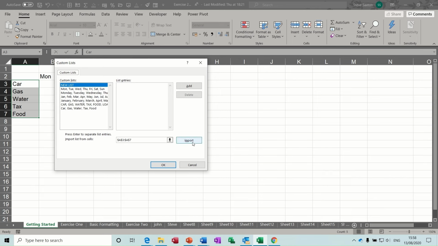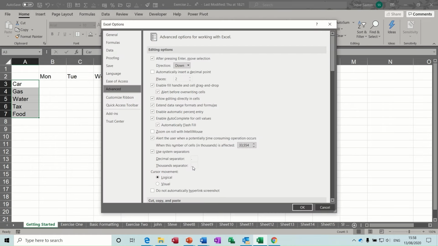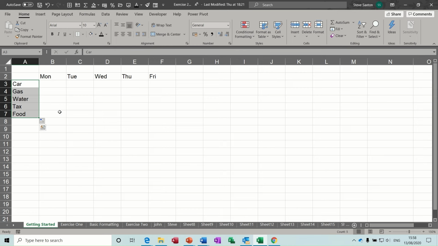I can just go Import, and it will already put it in there like that. And there's already a bigger list there as well. Because there's a duplicate list there, I should really delete one of these and not have the duplicate, but I'll just leave it like that at the moment. I'm not going to click OK because mine's already in there. But what you need to do, if I cancel that one off and cancel this off,